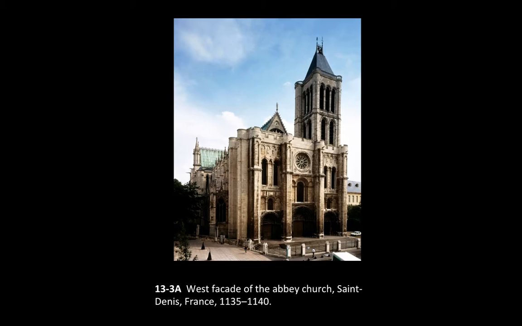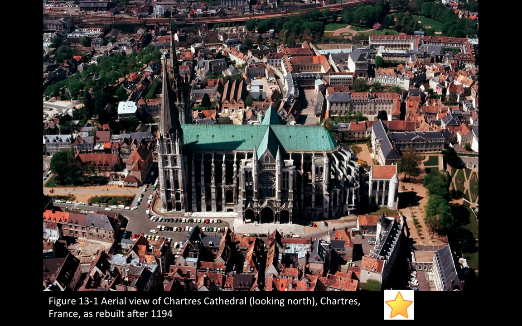This here is generally accepted to be the first example of a Gothic cathedral. This is in France, and it was dedicated to Saint Denis, who was a saint who got his head chopped off, so there's a sculpture of him holding his head in here. And it was visited by a lot of pilgrims. You can see that it's very large, it's made of stone, and there's a certain kind of elongation to the architecture, which allowed for a lot of really beautiful stained glass.